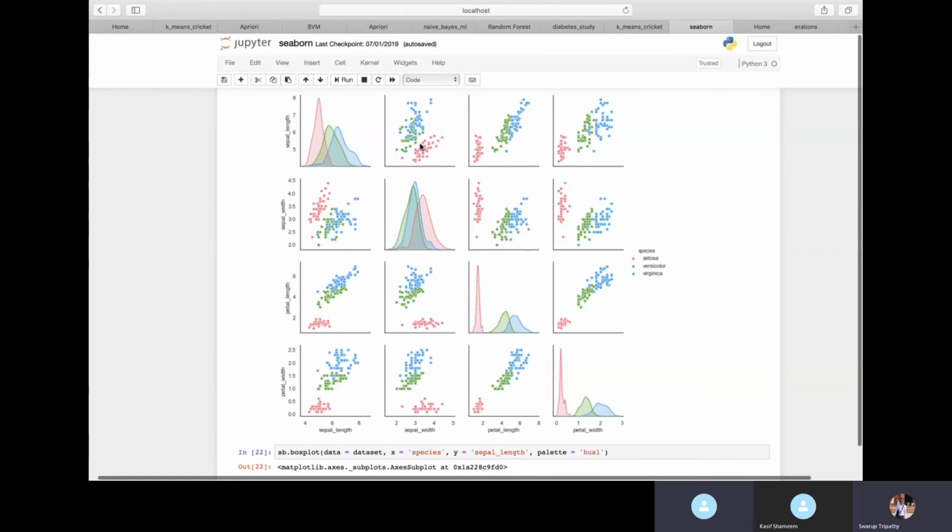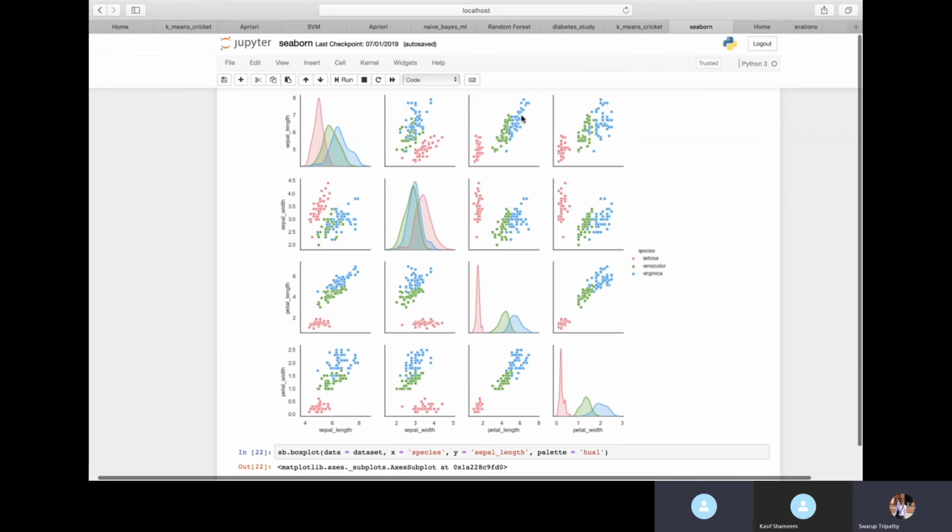Okay, so see here, it's just comparing pairs of data. If you see the first row, third column, the row name is sepal length and the column name is petal length. It shows that if sepal length and petal length are both small, it is a Setosa flower. If both are high values, then it is a Virginica flower. Getting?